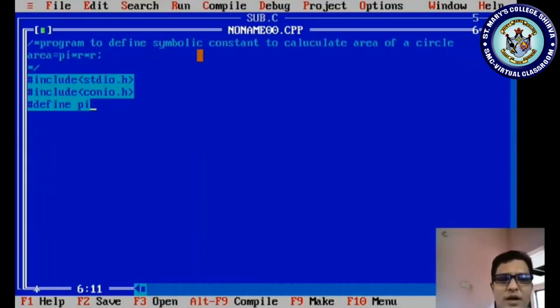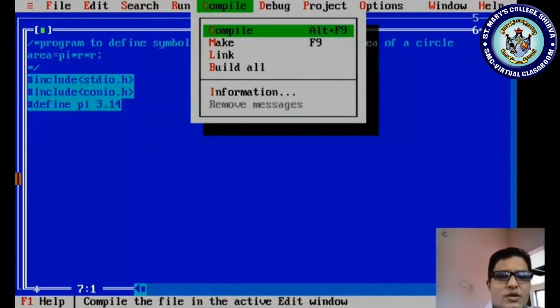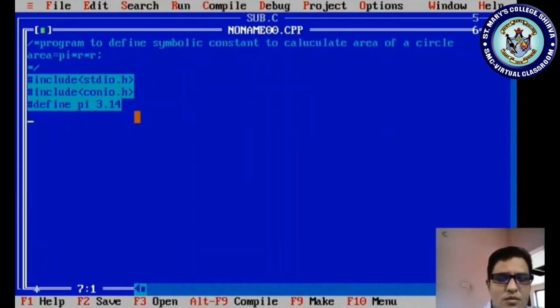Now I am taking the pi variable. For this we know the value as 22 by 7 or 3.14. I think it is better to take 3.14. It should not be terminated with a semicolon. Then let us see. Afterwards I am starting with the void main function. After the void main function, what do you have to do? You have to define the variables.